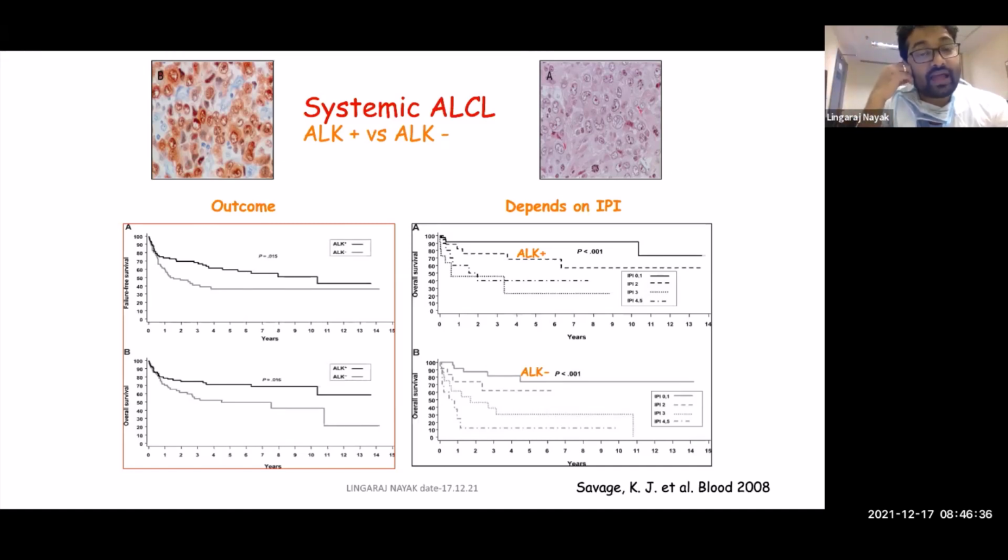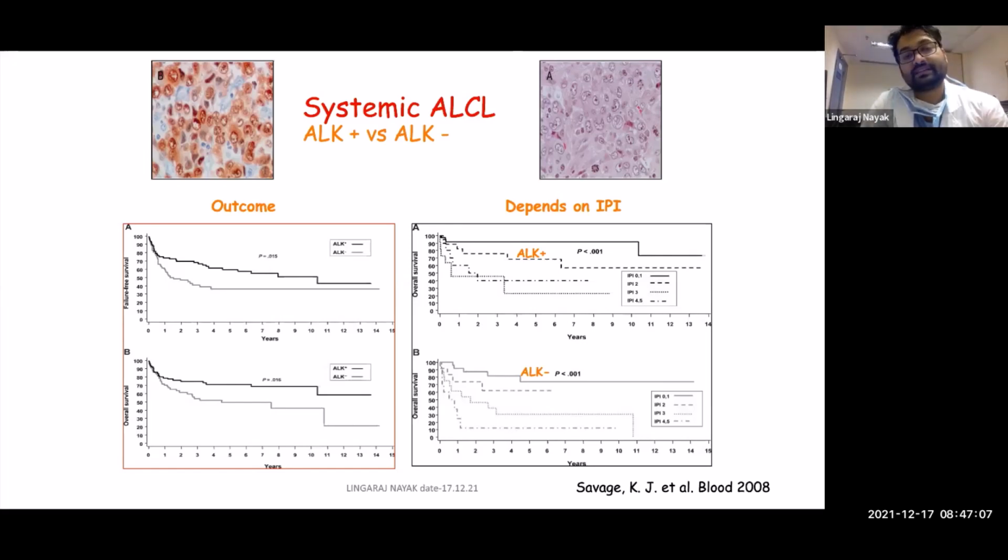So the entity of ALK negative ALCL was defined in 2008 by Dr. Savage from British Columbia, and he reported first that there is this entity called anaplastic lymphoma, which are ALK negative, and their outcome is definitely poorer than ALK positive. But when he compared this with PTCL, the garden variety of PTCL NOS, it is still better. So if you have to see the outcome, the best outcome is with ALK positive, followed by ALK negative and